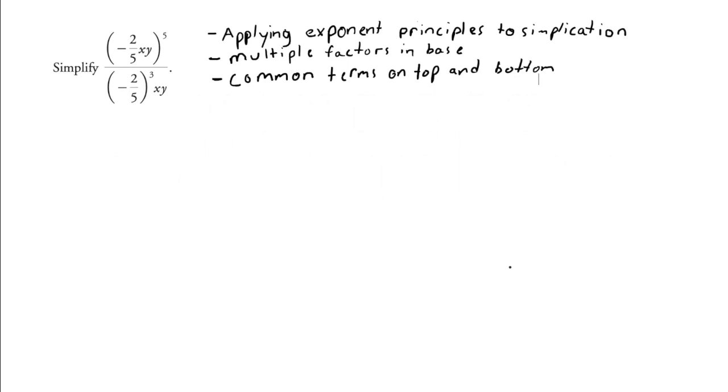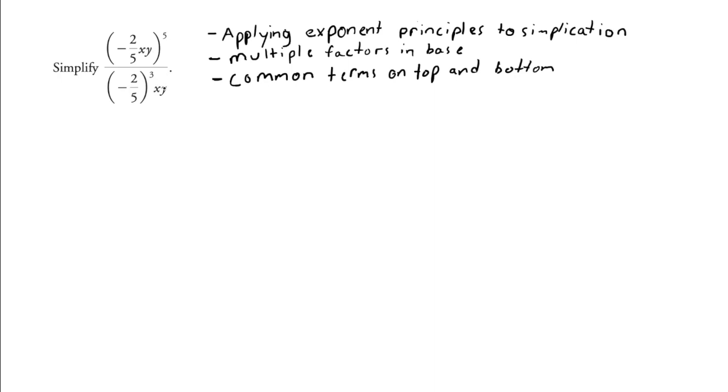Today I'm going to be covering an example that includes exponents, and we're going to be simplifying this expression. As you can see right away, this expression has common terms at the top and bottom, so it has x, y, and x and y at the bottom as well. This is going to play into the simplification when we're looking at the exponents on each of